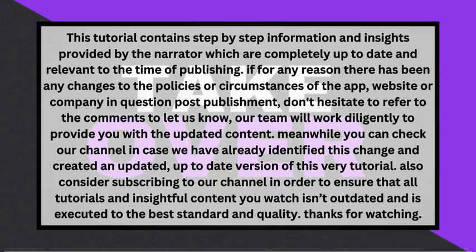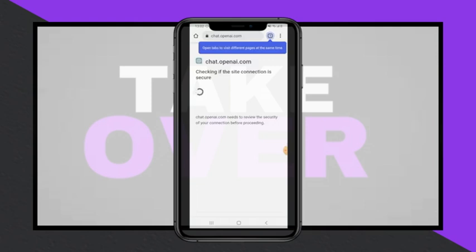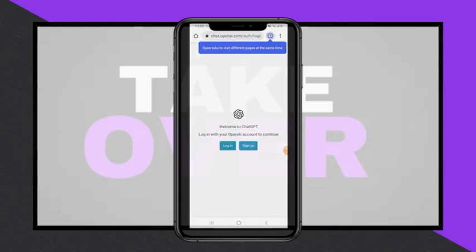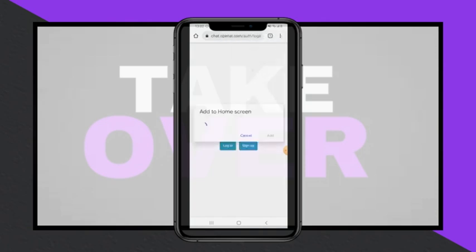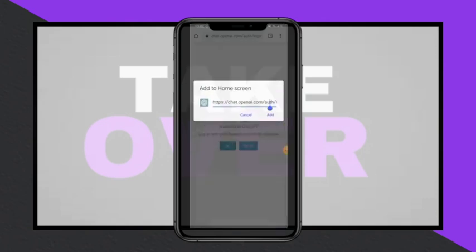From there, you can log in or create an account if you don't already have one. Next, click on the three dots in the top right-hand corner of the screen, and a pop-up will appear. Towards the bottom of this pop-up, you'll see an Add to Home Screen button. Click on this. Regardless of whether you're logged in or not, you'll then be prompted to remove the URL and